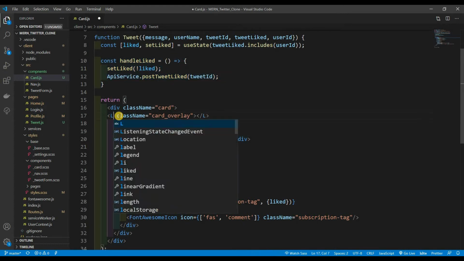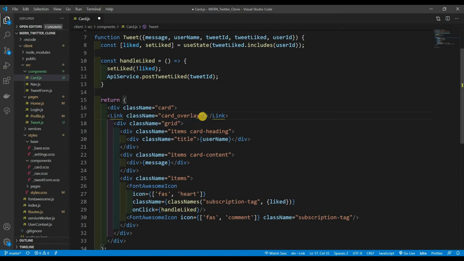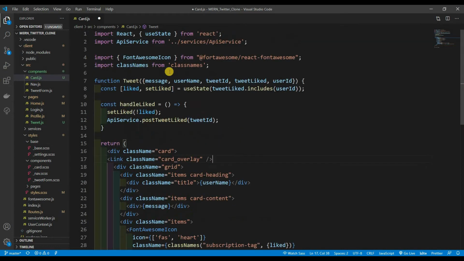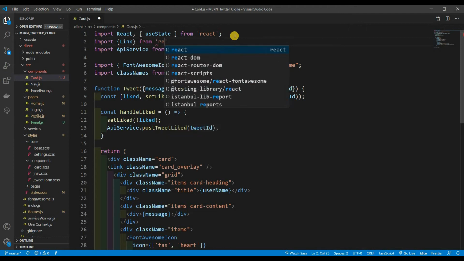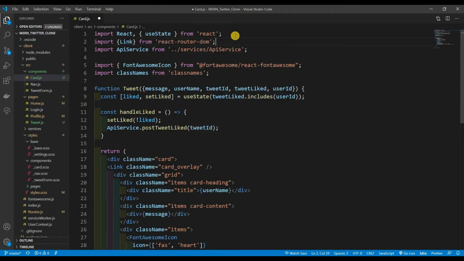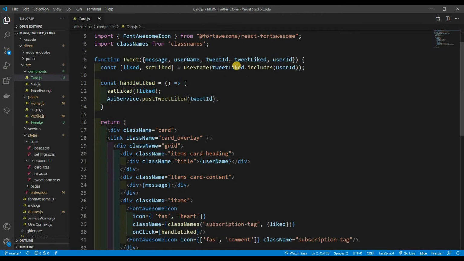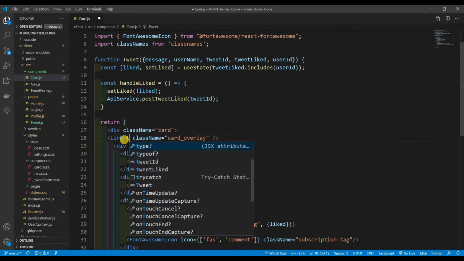Like I said, you could do it however you want. It does not matter, but I'm doing it as a link. All right, and we do need to import that. So import link from React Router DOM. Okay. Now this link does need to have a to property, so we need to say,